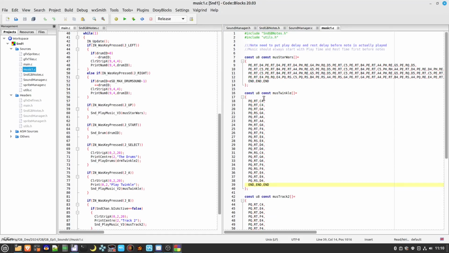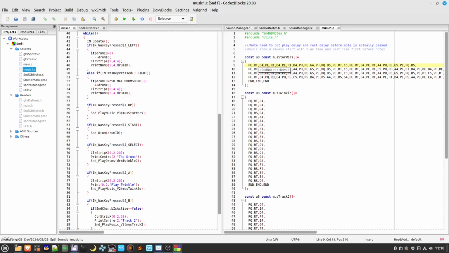So this is just an example to show you how you could play your own music. The problem is these play and rest times are somewhat variable, because music sound times are not set either. You kind of have to play around with each note